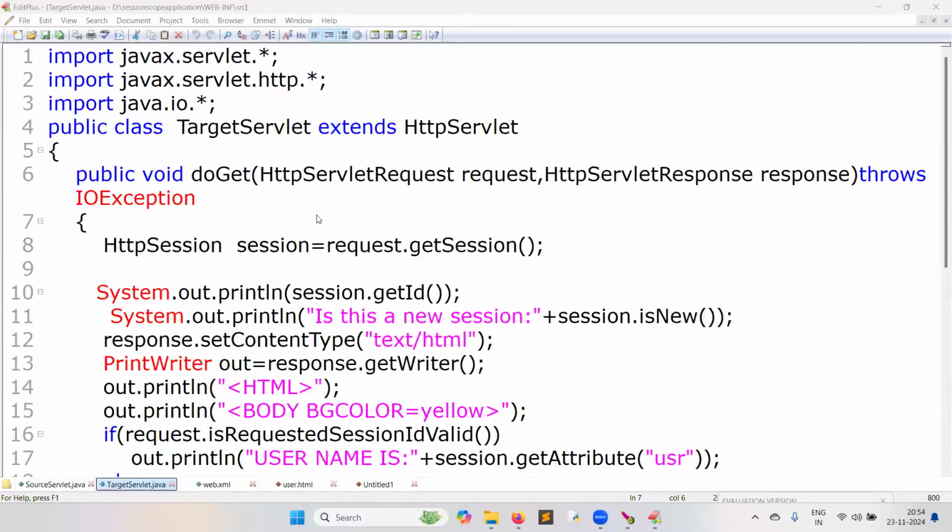The session ID will travel as a cookie. The cookie is created at the server side, sent to the browser invisibly, and the browser will resend it invisibly.